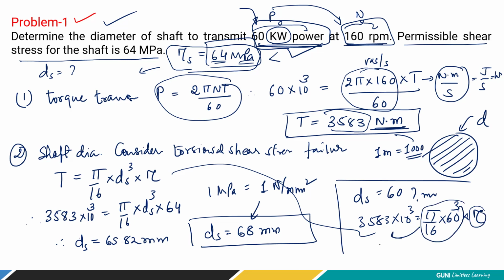So when you divide it, the shear stress will be more than 64. So by keeping the dimensions less than the required, it will always result in a failure situation. So what is happening here? By mistake we took a 60 diameter and are trying to transmit the same power. So because of that, the induced shear stress will be more than the permissible limit of 64, right? So this is the thinking about the design criteria.